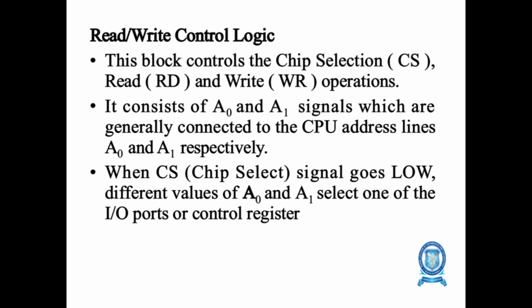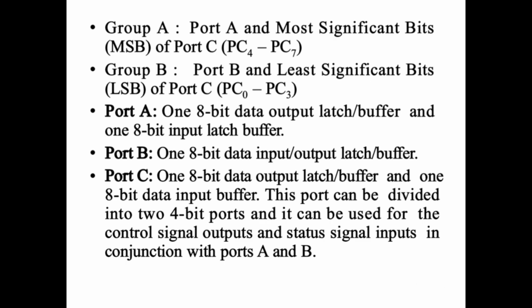Read/write control logic: this block controls the chip selection and the read and write operations. It consists of the A0 and A1 signals, which are generally connected to the CPU address lines A0 and A1 respectively. When the chip select signal goes low, different values of A1 and A0 select one of the input-output ports or the control register. Group A covers port A and the most significant bits of port C; group B covers port B and the least significant